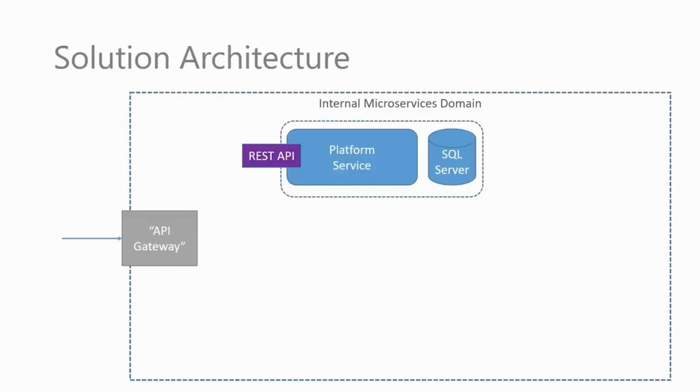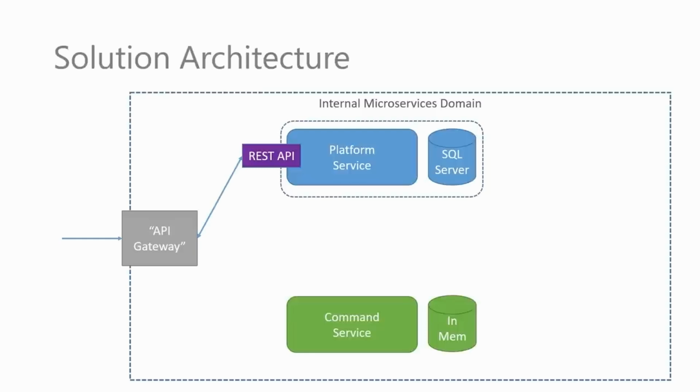And so any external requests coming in are going to then get routed internally to our relevant services. And so in this case, you can see our API gateway is routing through to our platform service using its REST API. Then our command service, it's going to have its own unique database just for it. Just for quickness, we're not going to stand up another SQL Server. We're just going to continue to use the in-memory database. But the important point to note is that it's absolutely got its own database. It does not share a database with the platform service or any other services for that matter. And it too is a REST-based API, and it too will make use of the API gateway will route through to our command service.